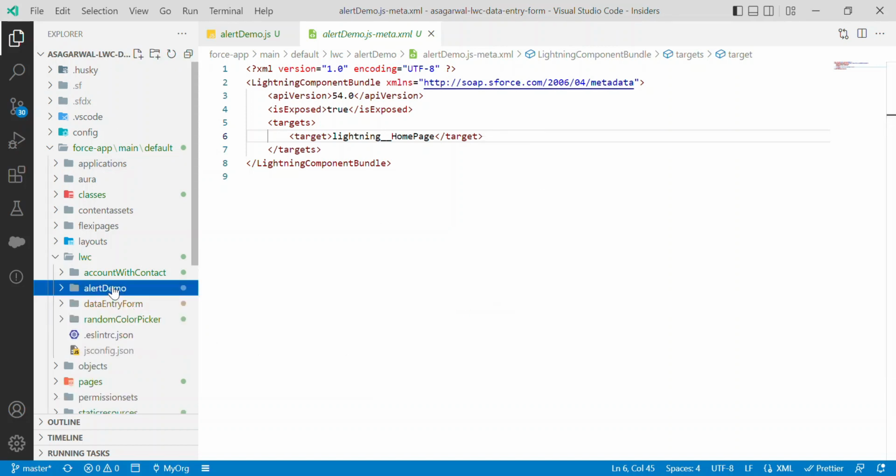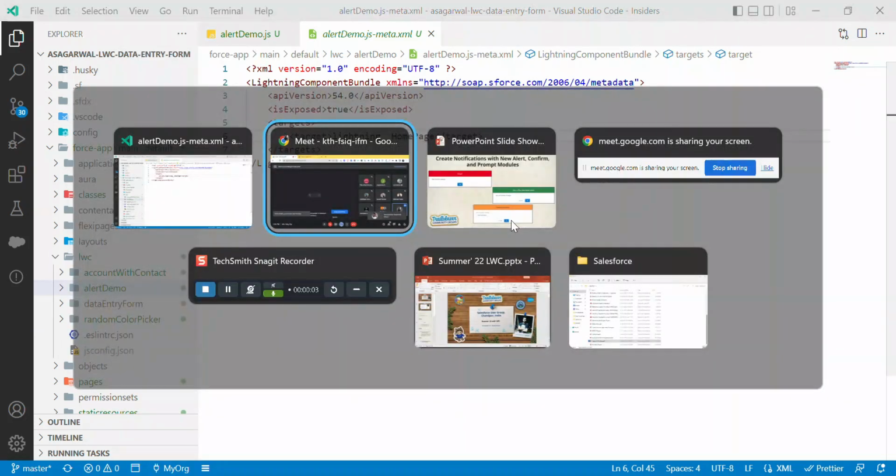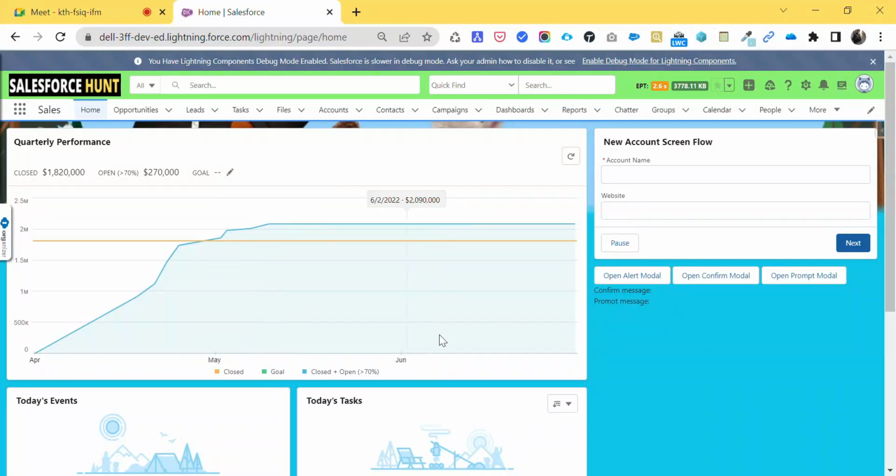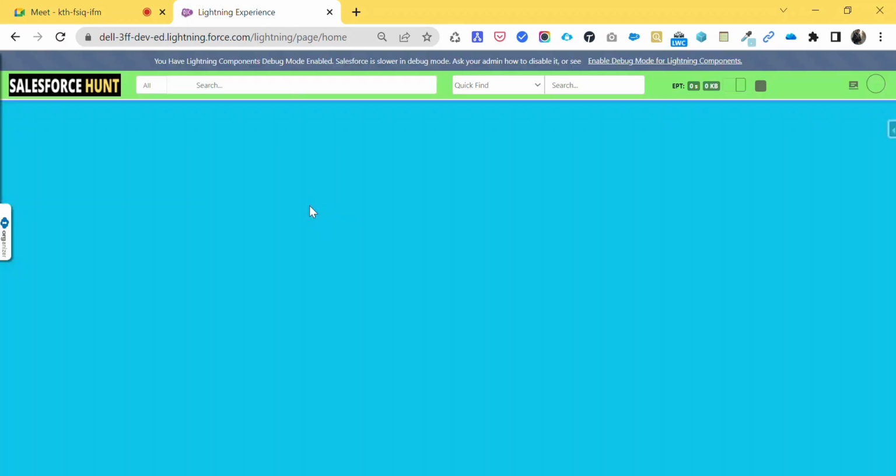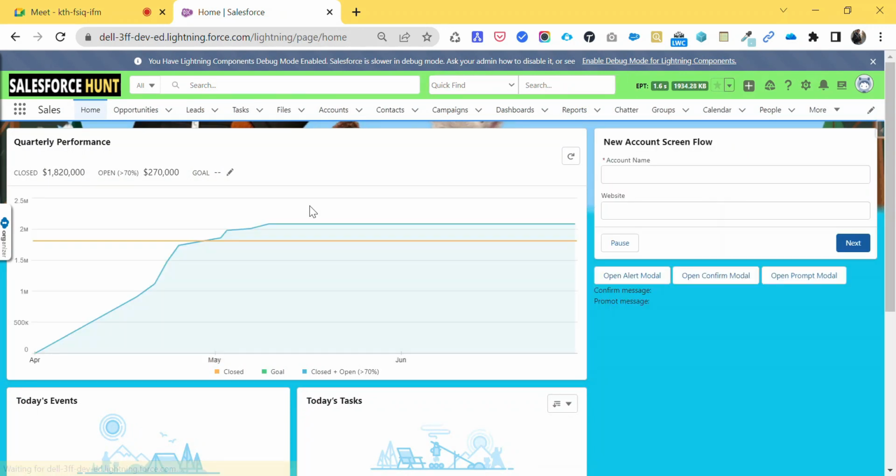You know very well how to deploy that. So first of all, let me show you the output here. I already deployed it. So how to show the output, let me show you here, right? Under here you can see, let me refresh this org, this is my org, and here now you can see open alert, open confirm, and open prompt model. So how to add it, you know very well. Just click on this gear icon and you can see the edit page. Just click on this one,